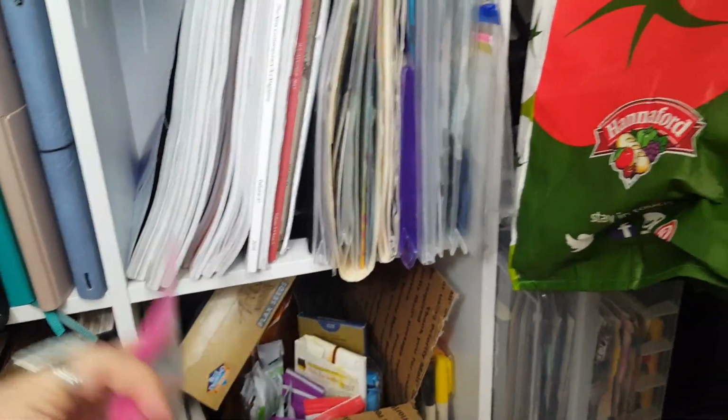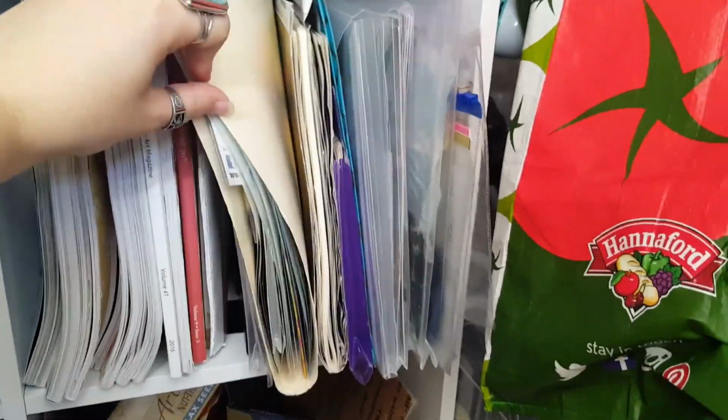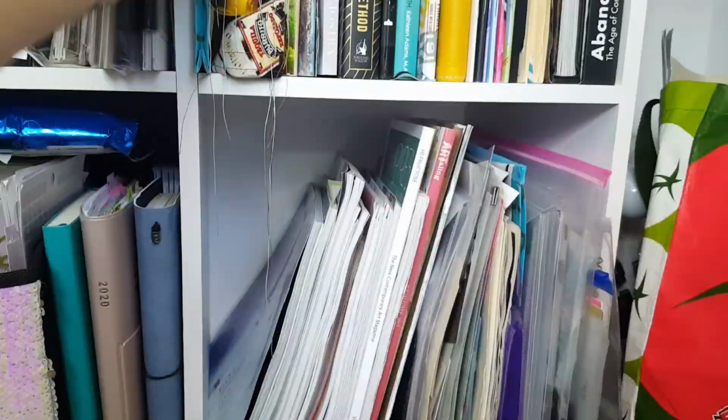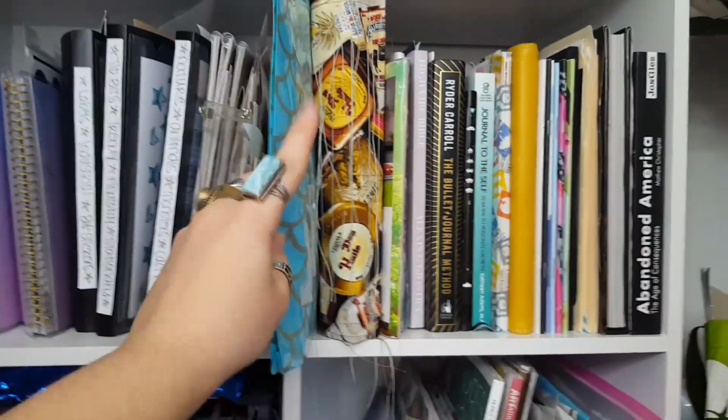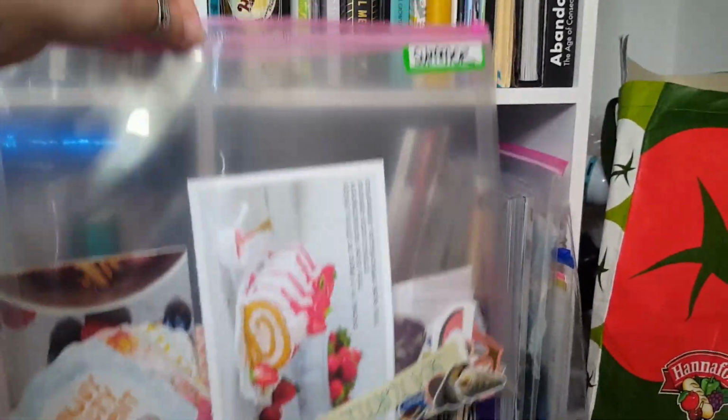This is a collection of summer ephemera. I use them to organize ephemera. I have one that's full of tissue paper. I have this, like, you can find them other places. My aunt got me this mermaid one. This is holding all of my pen pal stuff I need to journal with. The clear ones are my favorite though, because I can label it and then I can see everything in it, and they just